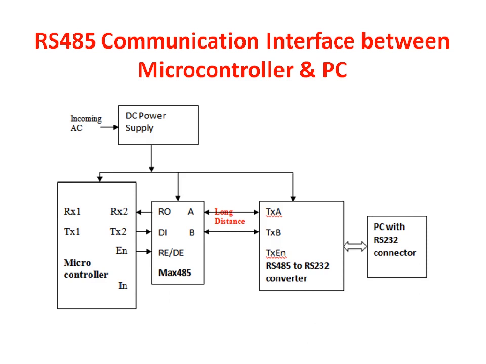The RS485 communication interface between a microcontroller and PC. A microcontroller is commonly used for communicating data to a PC. If you see the block diagram as shown in the figure, the microcontroller's UART port receive and transmit pins are connected to the receive and transmit pins of the MAX485, and the differential signals A and B